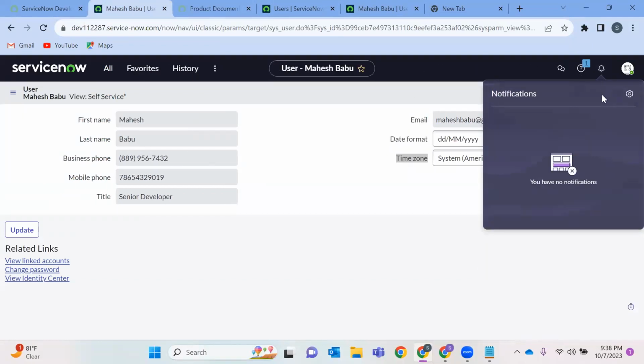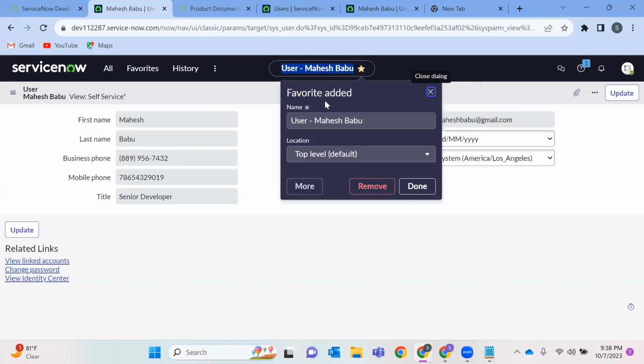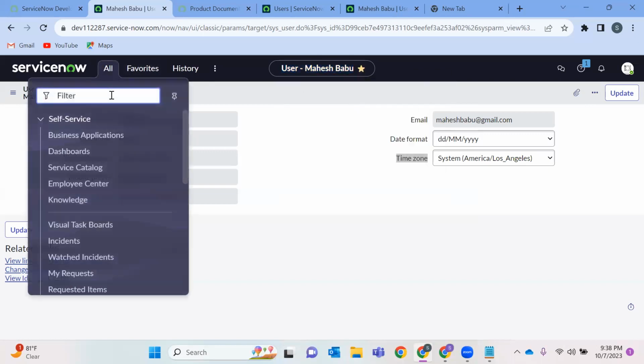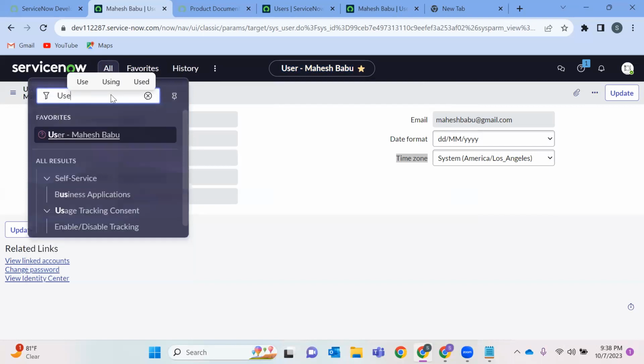This is a notification. Notifications are nothing but any inbound or outbound mail chain that is happening, you can track from here. And if you want to add something to your favorites, just click on the star mark. For example, I'm using this user table often.